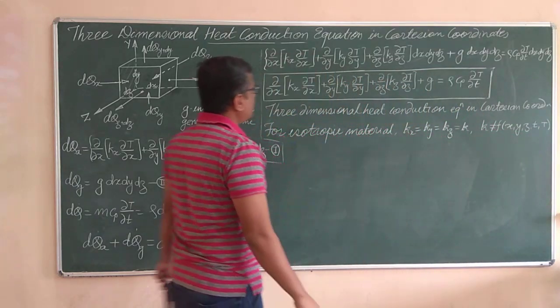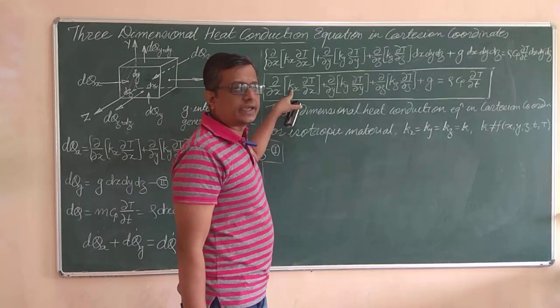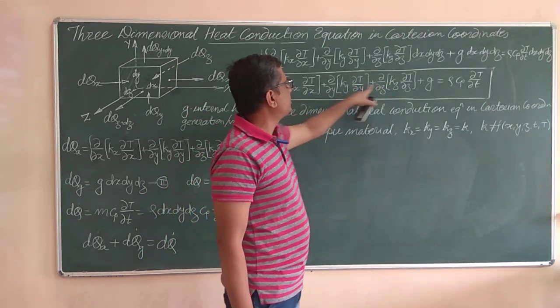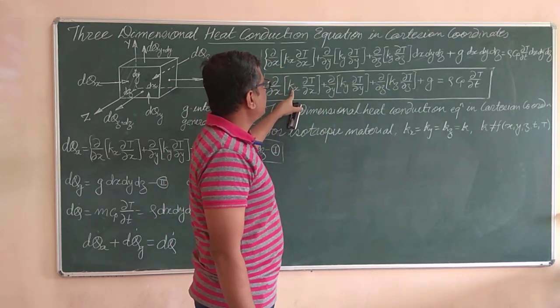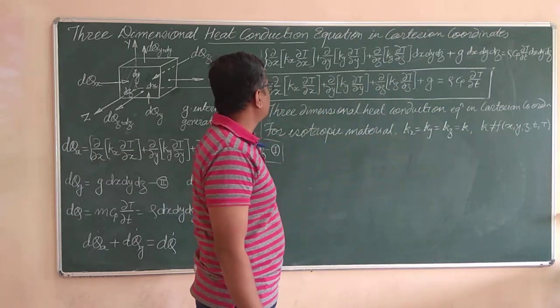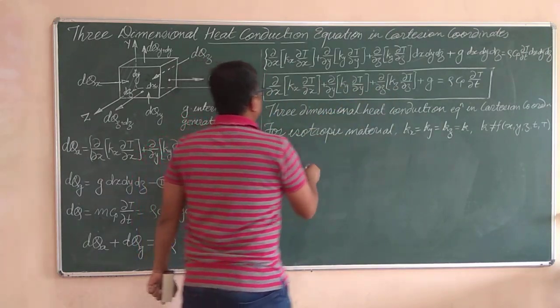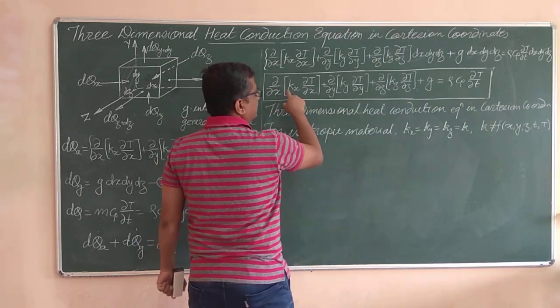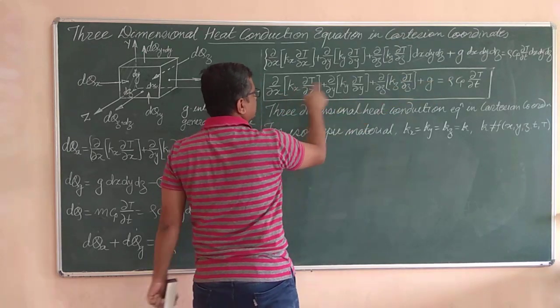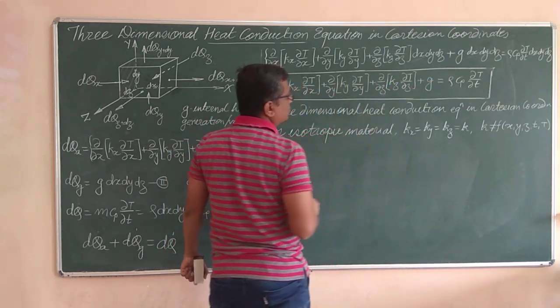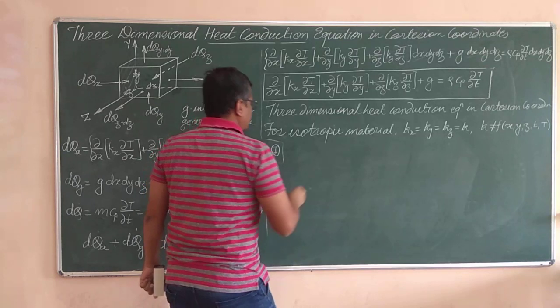So under that condition, I can take k to be constant, and kx, ky and kz, all of them can be replaced by the term k. If I divide the entire equation by small k, what equation will I get? I will be getting this equation. If I divide the entire equation by k, where kx, ky and kz are all equal to k, then I will get one more form of the equation, that is